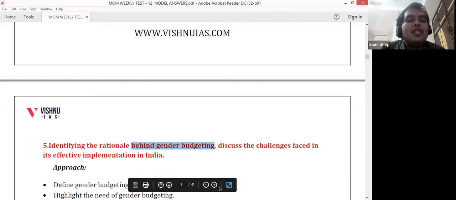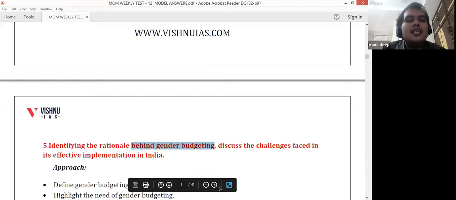But there are certain challenges. One such challenge is that we do not have an adequately skilled labor force or skilled manpower to draw up or draft such a budget. So that is one issue. The second issue is we don't have data about how it is impacting. It should be there at the local level, which local institutions like the district administration should take up.